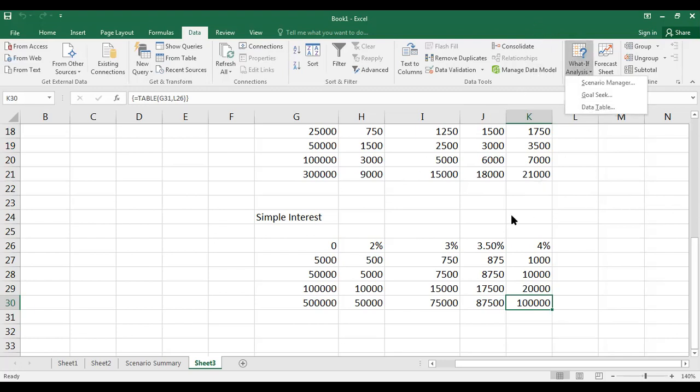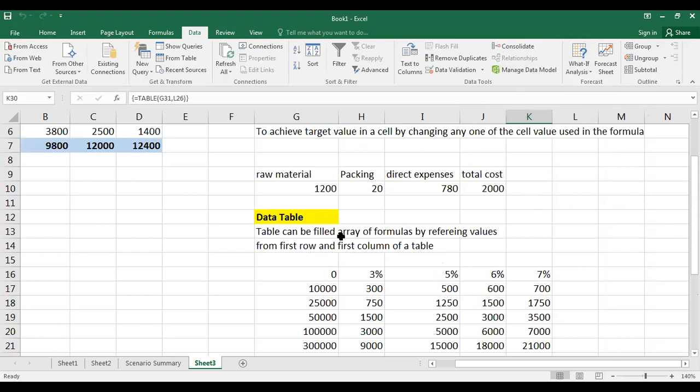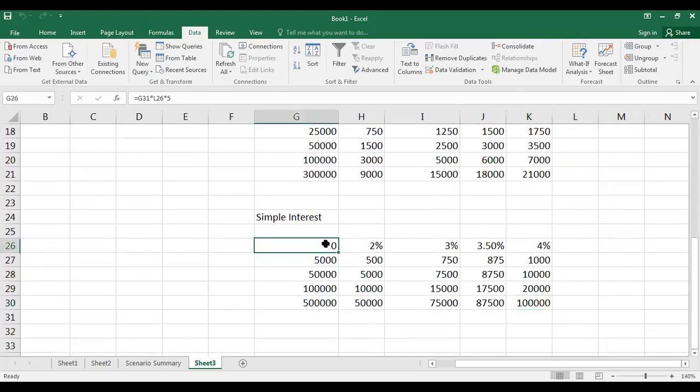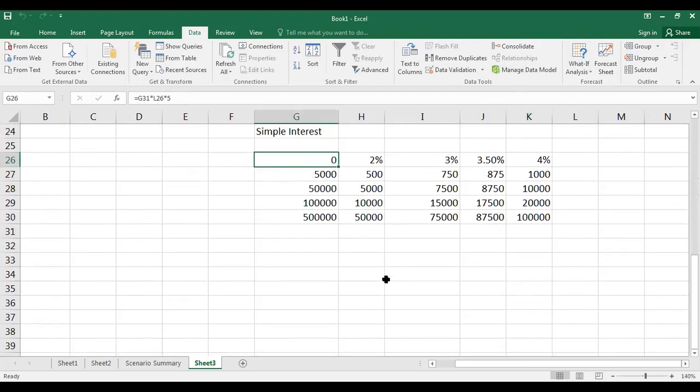So basically, what is the purpose of a data table? It can be filled with formulas by referring to values from the first row and first column of a table, where the formula could be anything. Suppose I change to smaller values; for example, in that row I have 10, 20, 30.